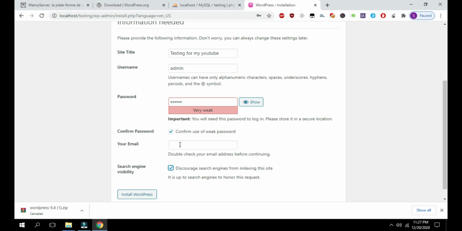I put my email, and I can use this weak password here. So click on install WordPress and the installation begins.